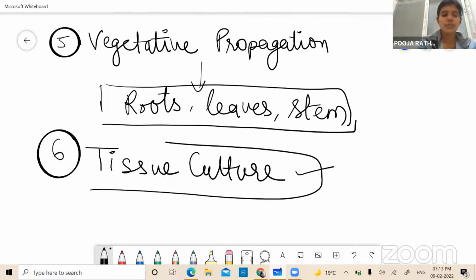I have helped you understand tissue culture in this particular video session of ours, what it is and how it is performed. Different steps are involved. First of all, the plants are collected in which the tissue culture has to be performed. It is an artificial means through which a plant is reproduced. Okay. Now next, let's